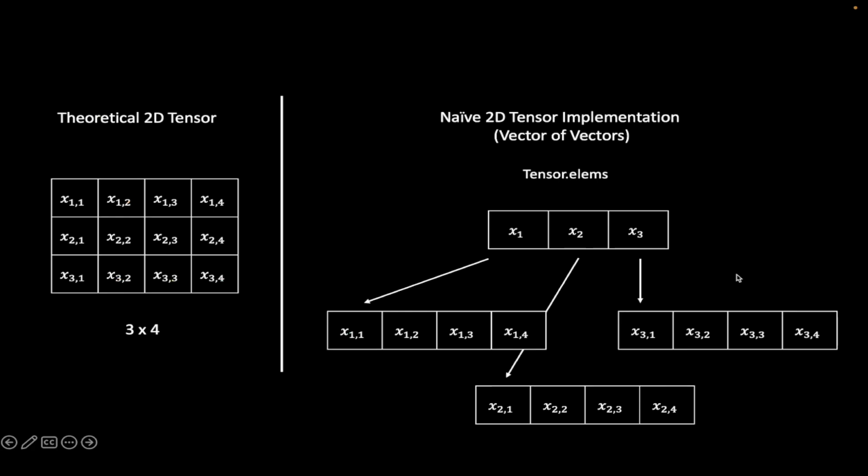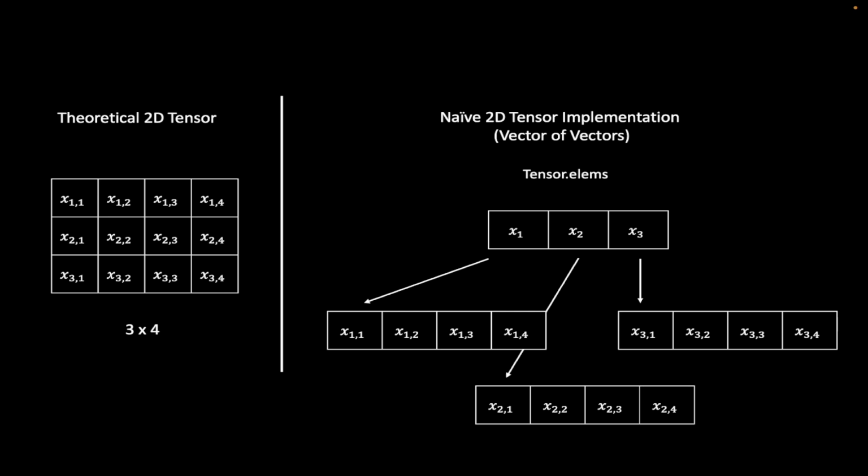So if we were to implement two-dimensional tensors in Rust in just the most straightforward way, we might do something like this, where our tensor object stores a vector where the first element of that vector points to a vector out on the heap that stores the data for the first row. And then the second element would point out to another vector that stores the second row, and so on and so forth. This is a really simple, really straightforward implementation for two-dimensional tensors, but it does create some problems, namely